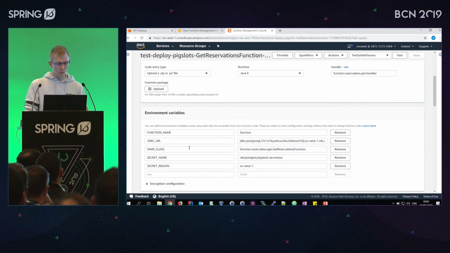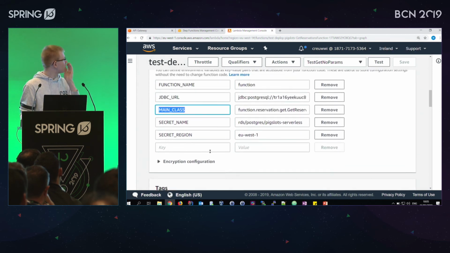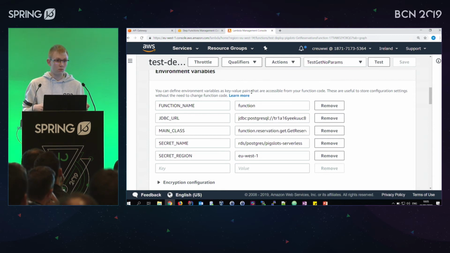Now you'll notice some specific things. So first of all, as I said earlier, there are some specific needs because we're building a Spring app with SAM. One of those would be the main class, which defines which class actually contains our Spring context. Another would be function name, which is required to define the bean that Spring is going to assume as the function to be run for this Lambda. So it would essentially be possible to, for example, combine multiple functions in one jar and then deploy them all together and define which one should run with this parameter.